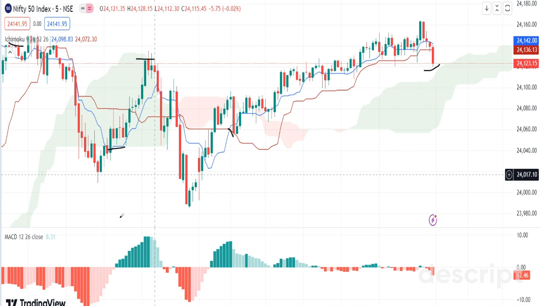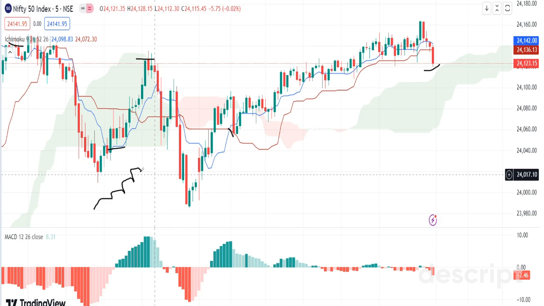When you're confirmed with this cloud, your next confirmation is that candles are within the cloud and within these two lines, rather within the cloud, within your baseline or the Kijun-sen line. So one could have doubled the number of lot size, and here you could have made that. So this is how you can increase the number of lot size in a staggering way and make money. This is the best way for intraday scalping.